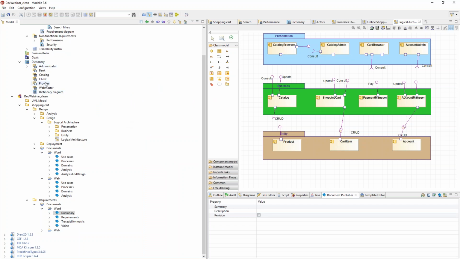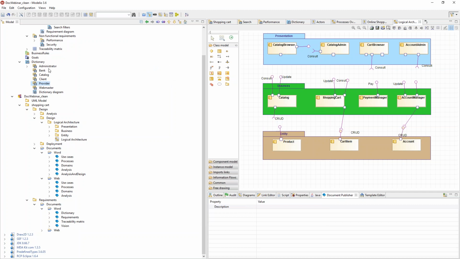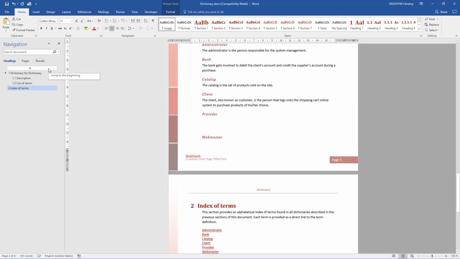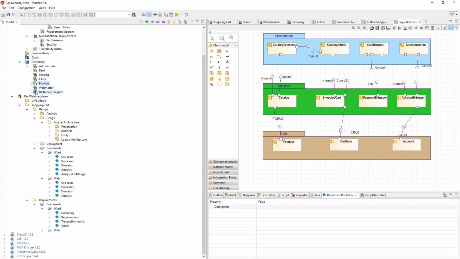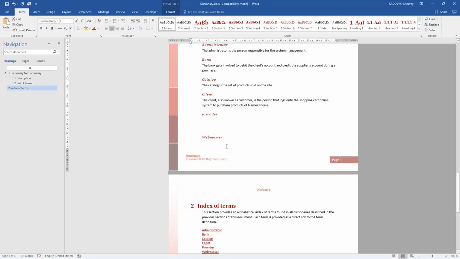For example, it was the provider, if you remember right. Actually, there is no definition for the provider, so that's not good. We can also see that there was something wrong with webmaster. Yeah, for webmaster we didn't have any definition. So what we can do in this case, when we use a document publisher, is add directly